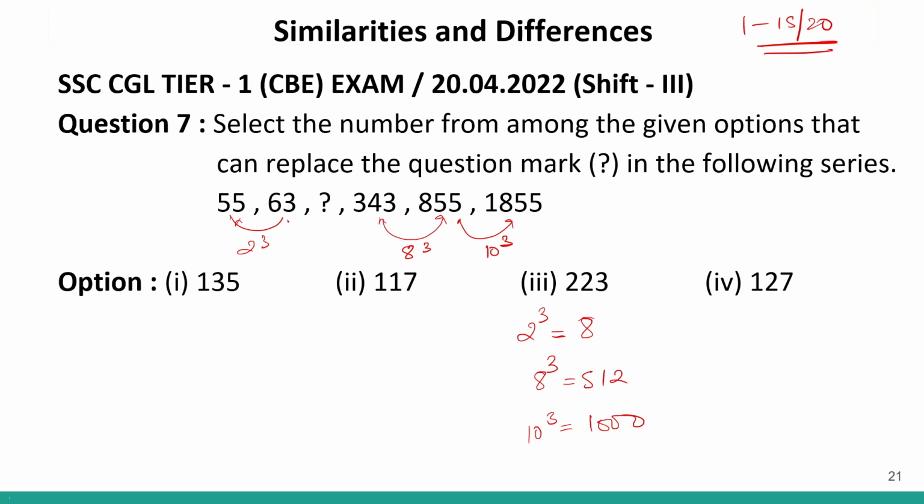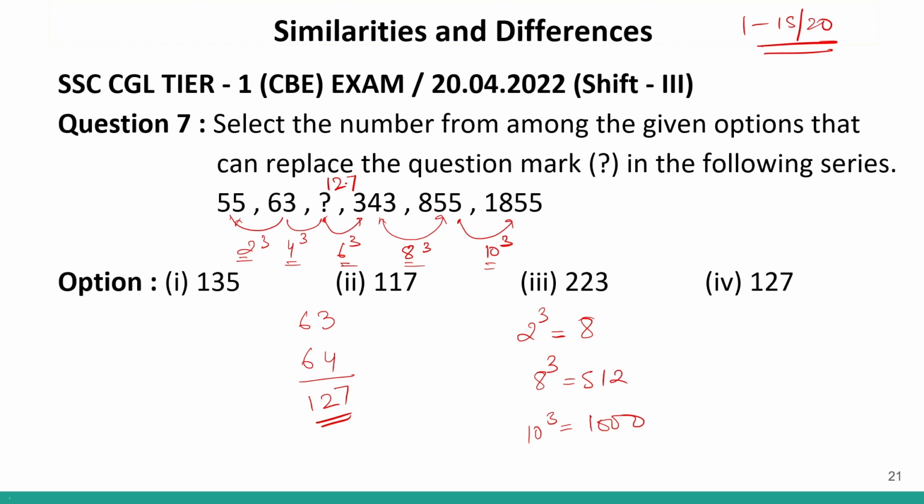So logically, if we get a difference of 4 cube, and here we get a difference of 6 cube, we can form a series. What we are doing is cubing the next even term, right? So 4 cube is how much? 4 cube is 64, right? So I have to basically add 63 and 64. So I'll get 127.